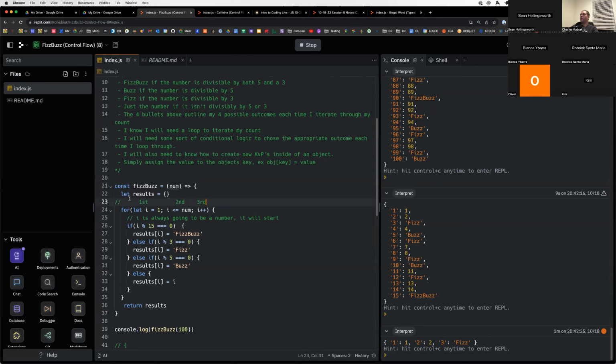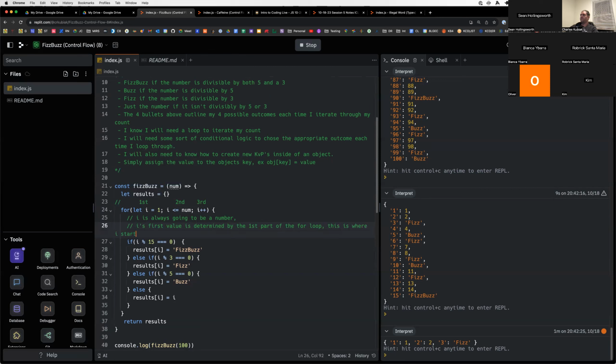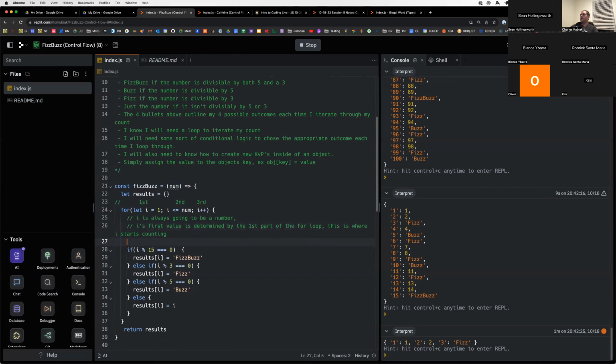Okay, so I is always going to be a number, and I's first value is determined by the first part of the formula, right? So whatever you put here is where I starts counting. Right, and so the second part